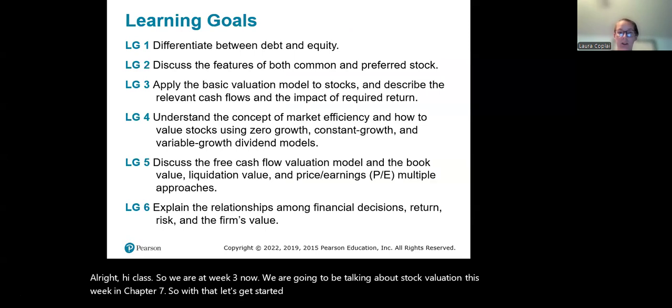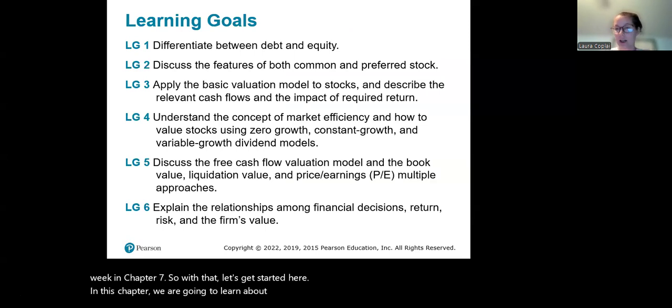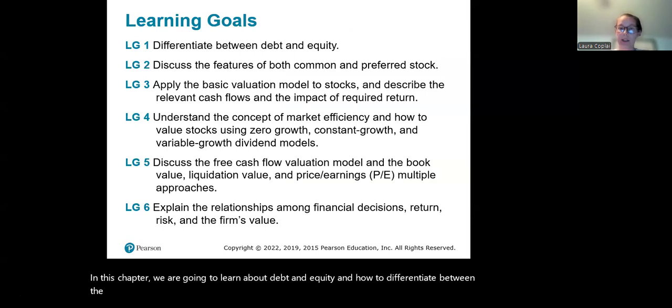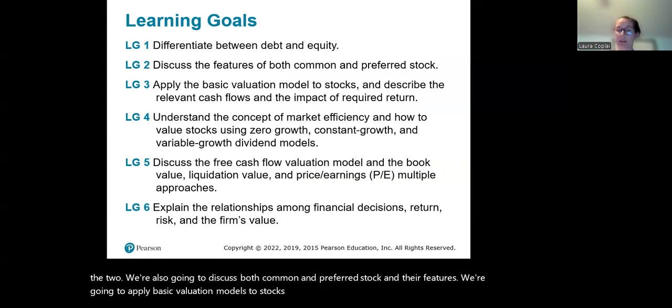In this chapter, we are going to learn about debt and equity and how to differentiate between the two. We're also going to discuss both common and preferred stock and their features. We're going to apply basic valuation models to stocks and describe the relevant cash flows and the impact of required return, and how the concept of market efficiency and how to value stocks using zero growth, constant growth, and variable